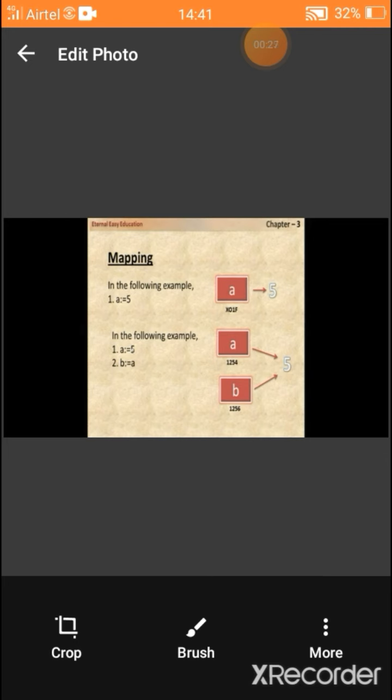A is equal to 5 and B is equal to A. So now A and B are different variables. They share the value of 5. If we change the value of A, it won't affect the value of B. Let's see with another example.